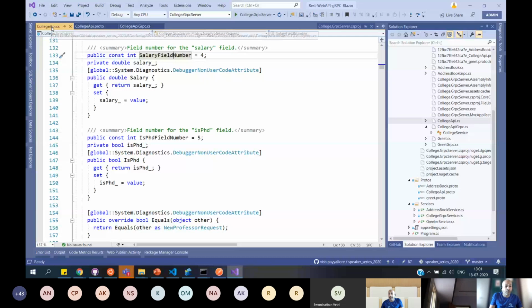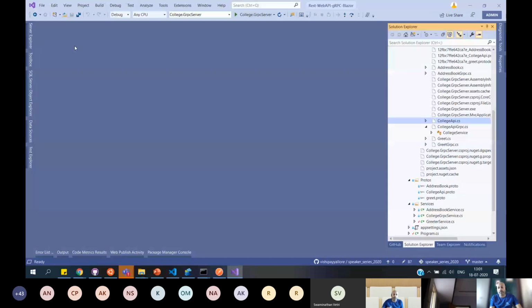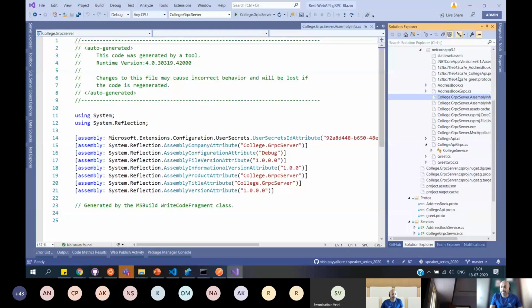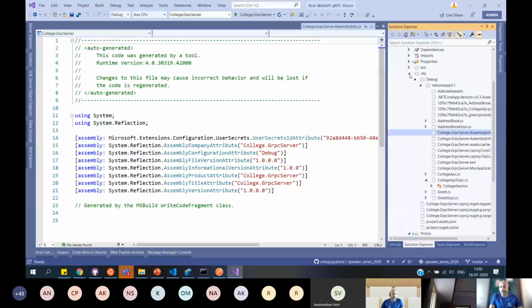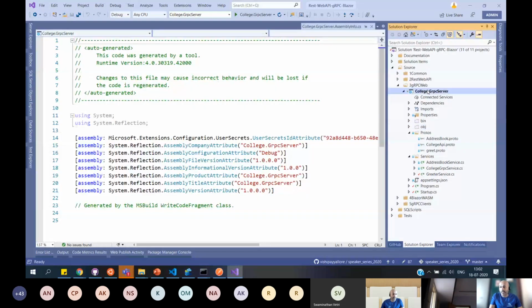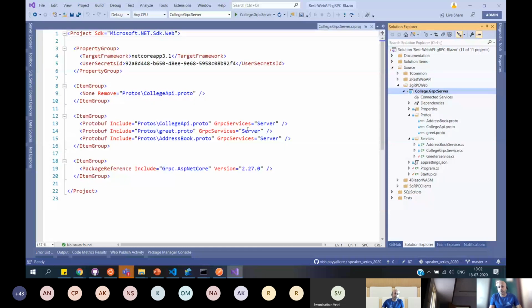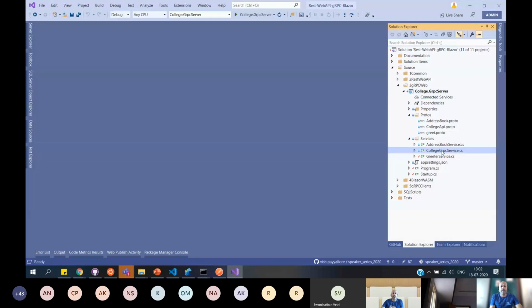Okay, I think now we have built enough of a foundation. We know what happens when we add a proto, what kind of files the tooling generates, and where you have to specifically give the instruction. Either you do it here in the csproj file, hand coded, or you go to the properties and do that. Right? So once that is done, let's quickly come back to the services and fix all the